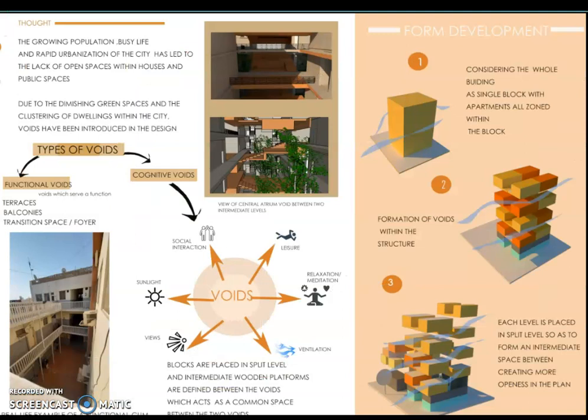This is how the form is developed, where at first it was considered as a single block with all the apartments zoned within the block, and then open spaces or voids were formed within the structure, though in the same level. Then after that, each level was placed at intermediate positions so as to create more open spaces